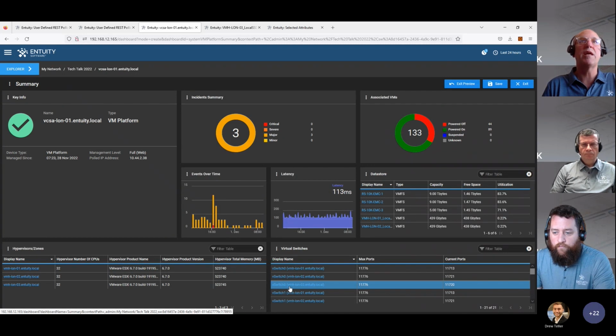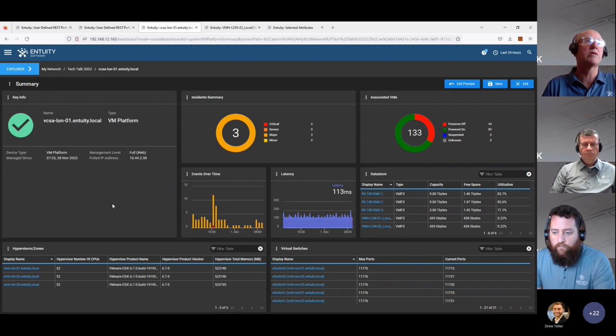That looks pretty good. Again, you can move things around, make more real estate. You could change the key info dashlet to squeeze it up a little bit higher to make real estate, but this is a really easy way to add in a table into an existing dashboard. Now, if I save this,